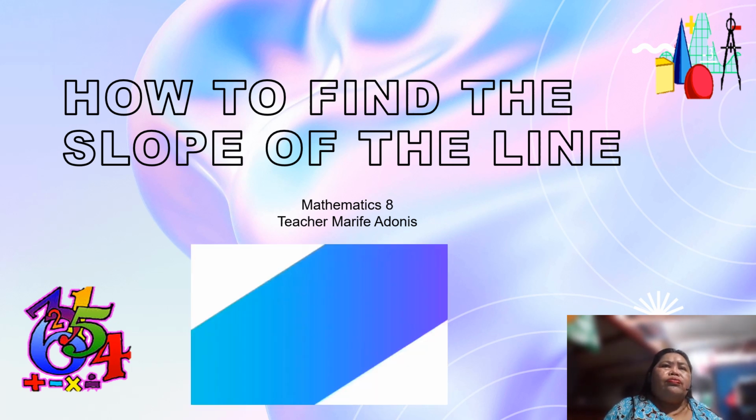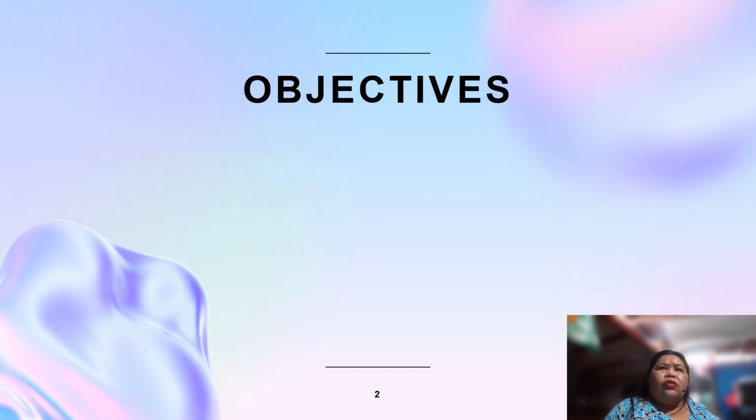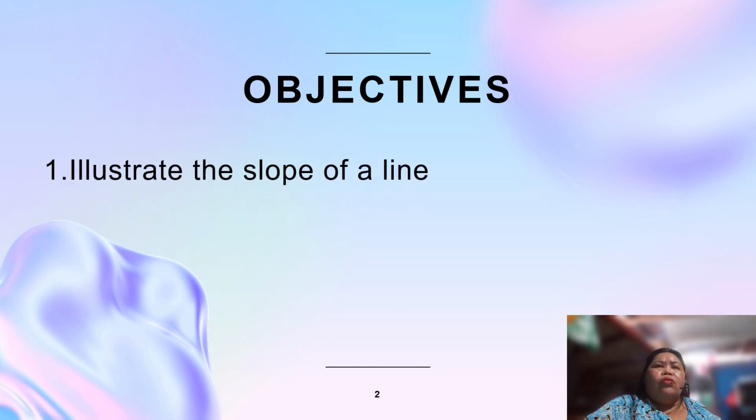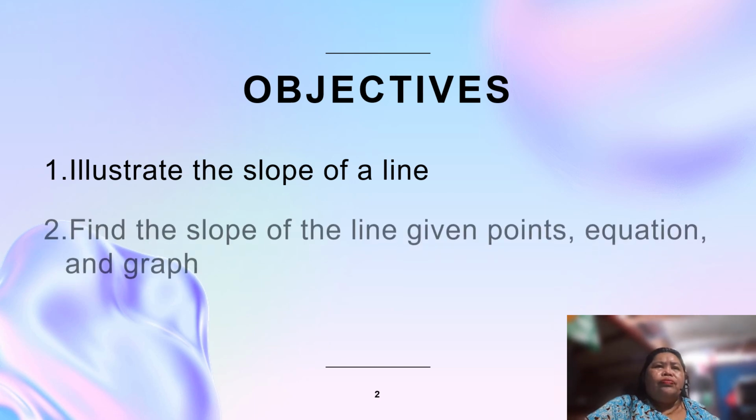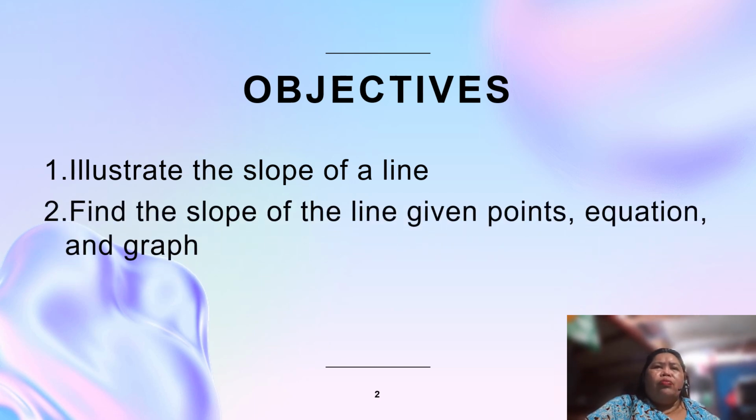And our lesson for today is about how to find the slope of the line. And this is your teacher, Marife Adonis. Okay, our objectives are: 1. Illustrate the slope of a line. 3. Find the slope of a line given points, equation, and